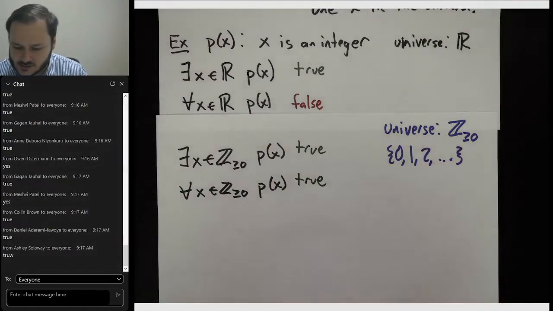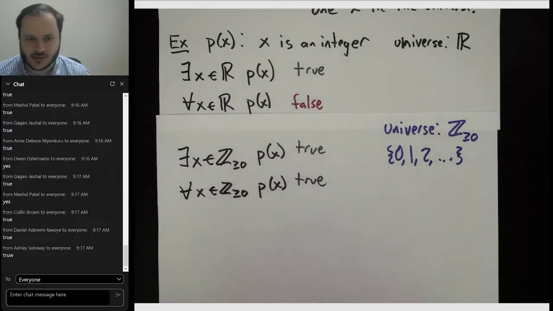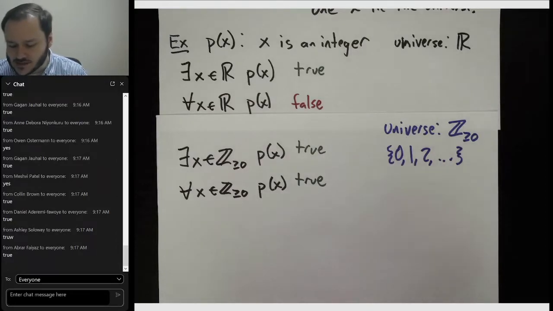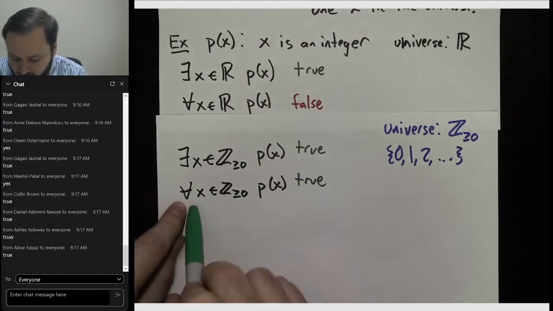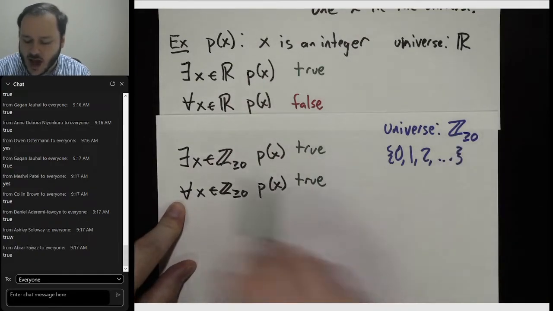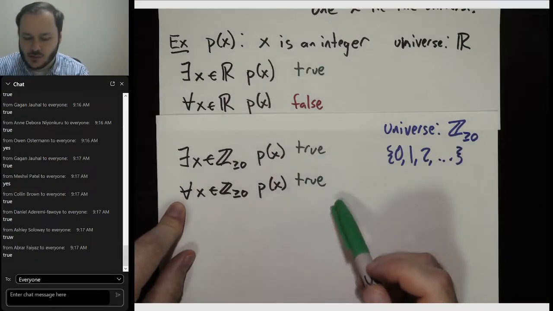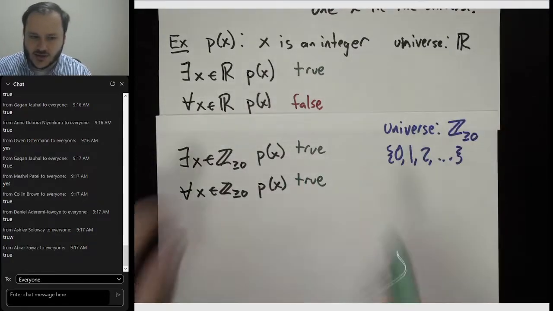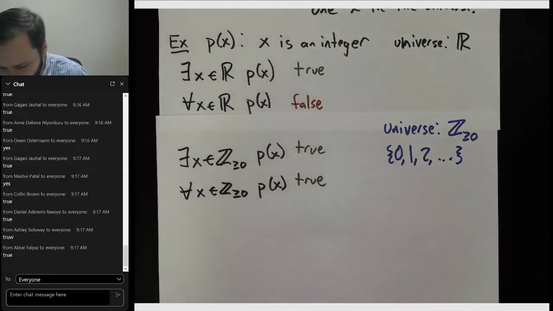So this is what's important about open statements. This is why open statements are not propositions. An open statement isn't true or false. If we quantify it in a universe, it becomes true or false, but it depends both on the quantifier and on the universe. Just as one more example,